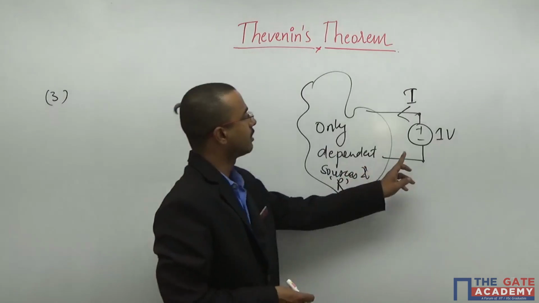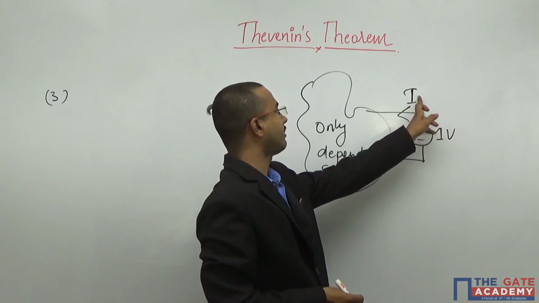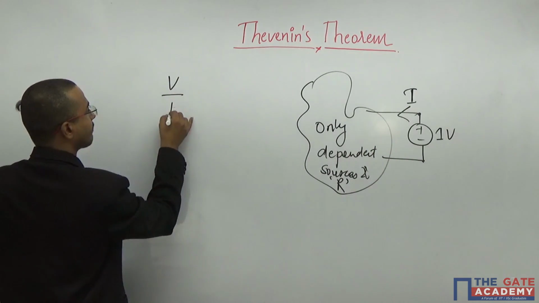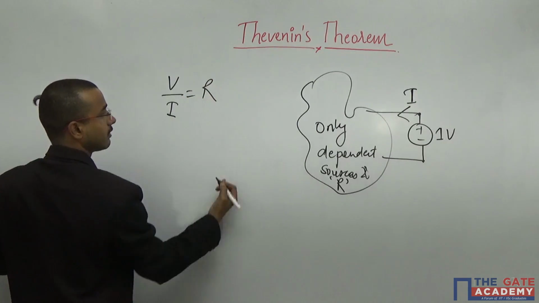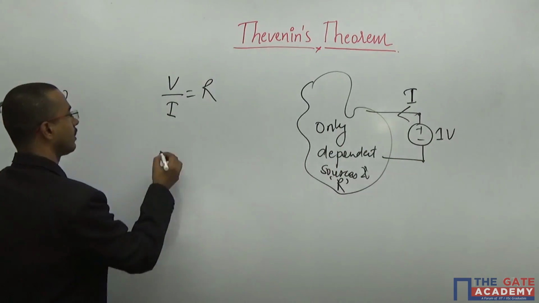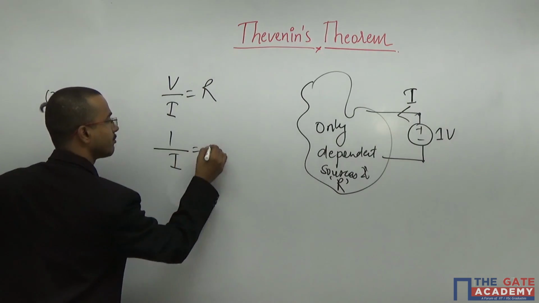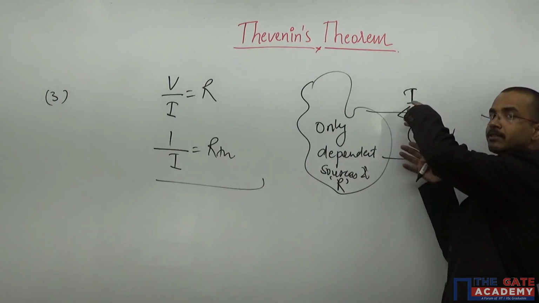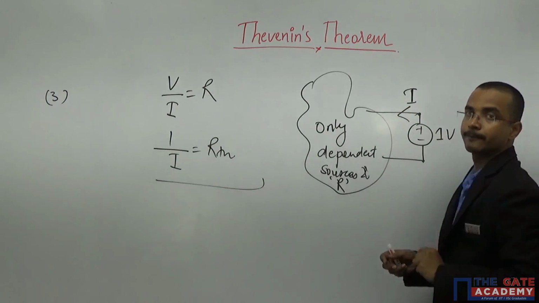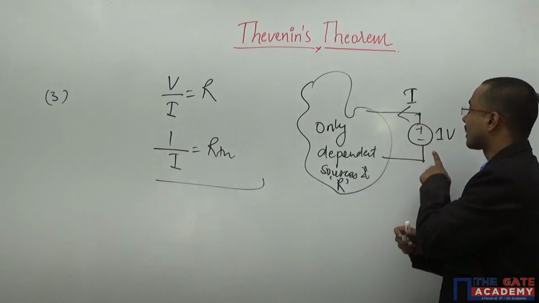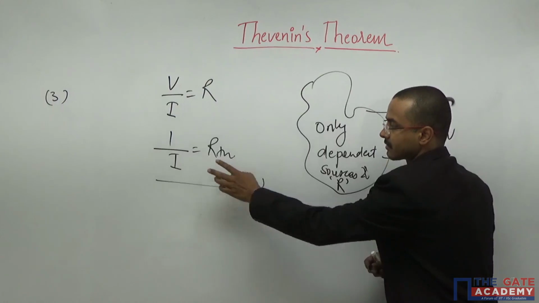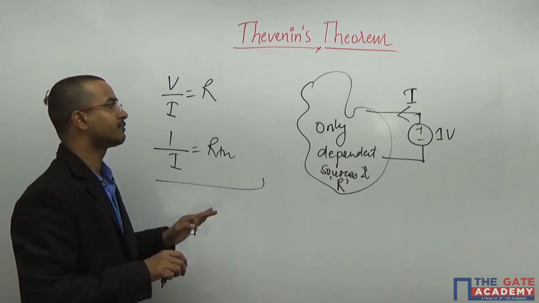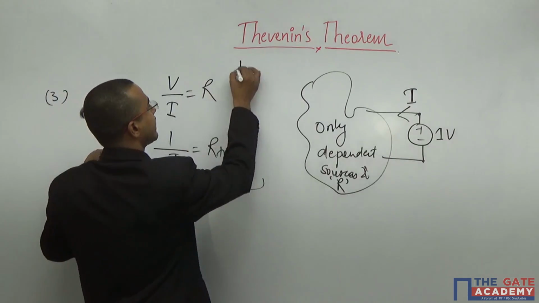Here I have applied the 1 volt battery and I will calculate the response I, and at the last I will calculate the voltage divided by my current, which equals R. Here my excitation is 1 volt, that means 1 divided by I is equal to my RTH. That means how much equivalent resistance I will see from this open circuited terminal after applying this battery. This battery sees this much resistance, and only then can it offer this value of current. That is why this method is known as the test source method.